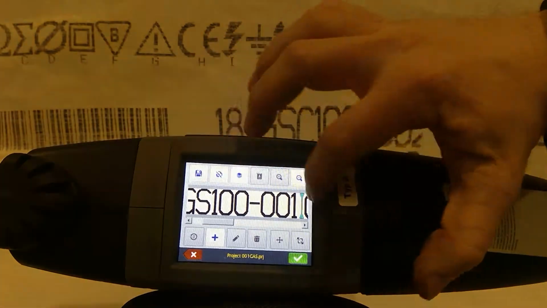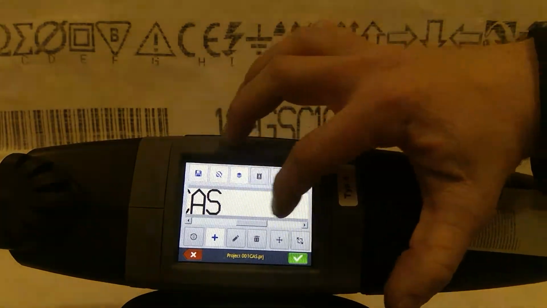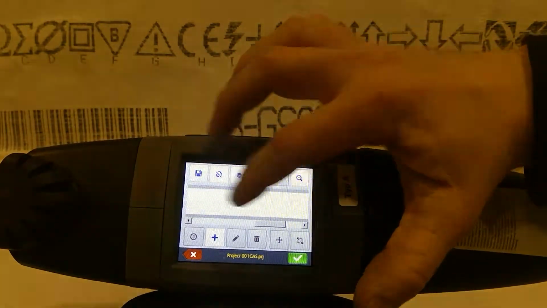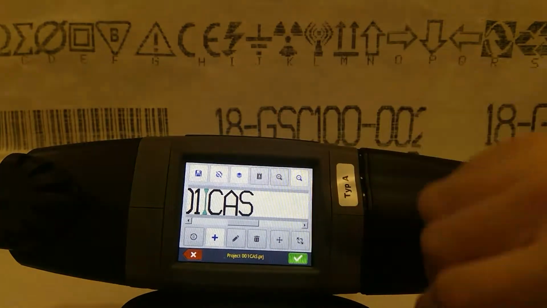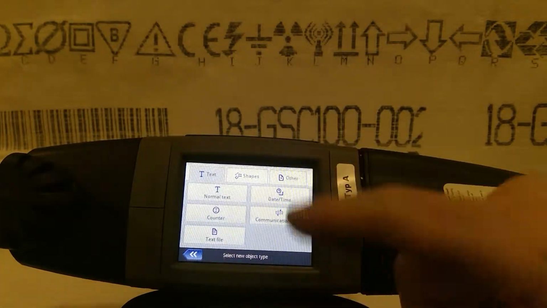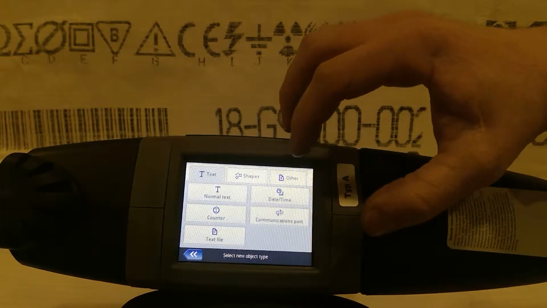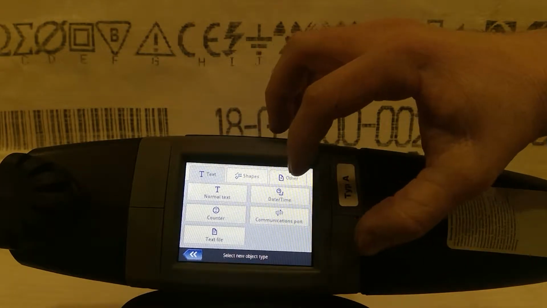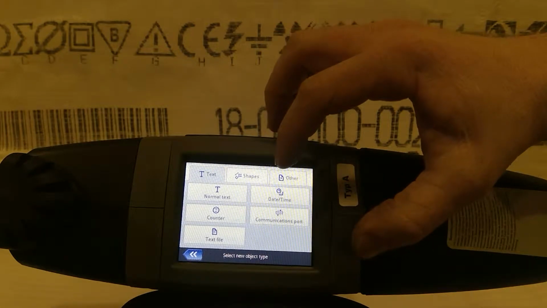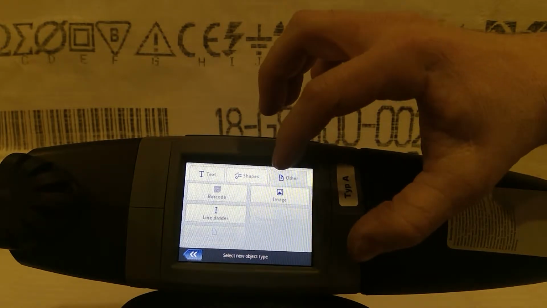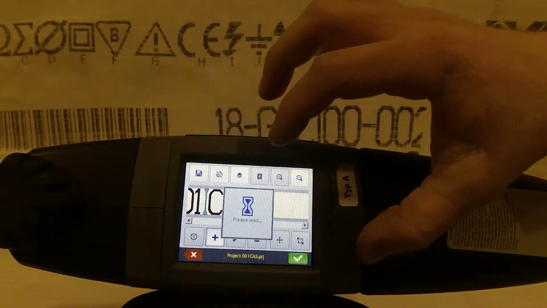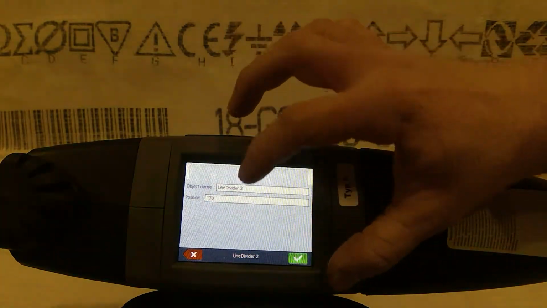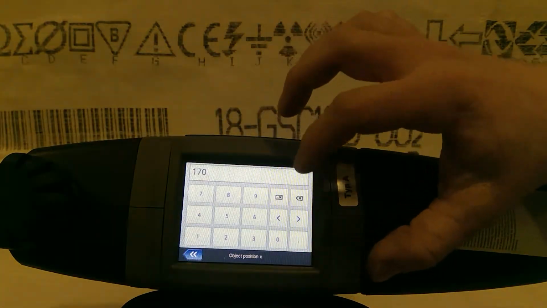So now that we have a larger field to work in, you can see we have quite a bit here, but this is going to take quite a bit of space to add these features. We're first going to add a divider so that when we go to add our date, it's going to require another trigger pull, a second trigger pull, or a third. So in this case we want to go to other, we want to do a line divider, and then I'm guessing here,